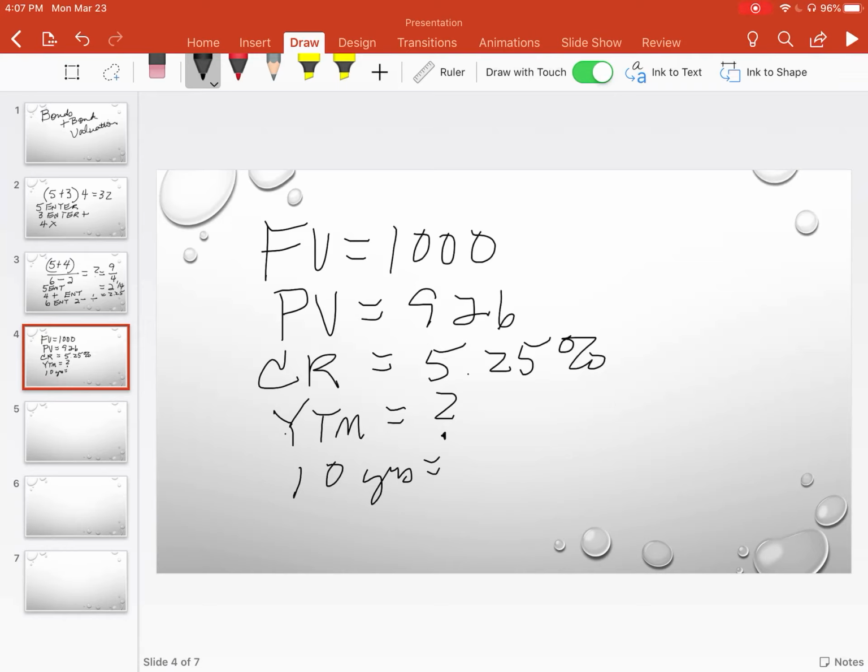A couple of things you need to remember about bonds, and that is that there are two things here that we need to remember. I'm going to erase this, but I will also put this back to n is equal to 10 years, and this was going to be semi-annual payments. So if it's semi-annual, then we know that there's